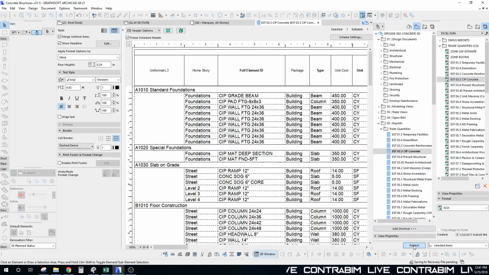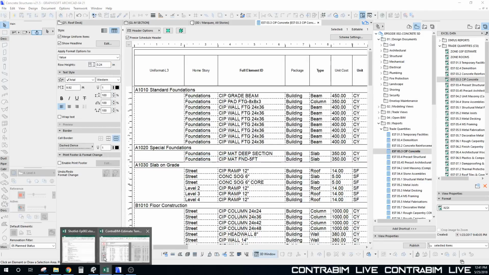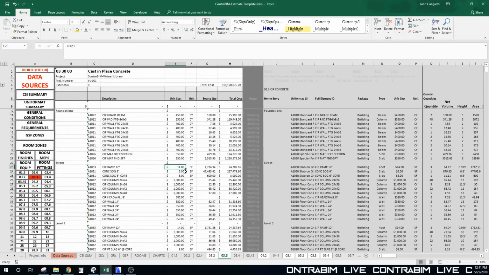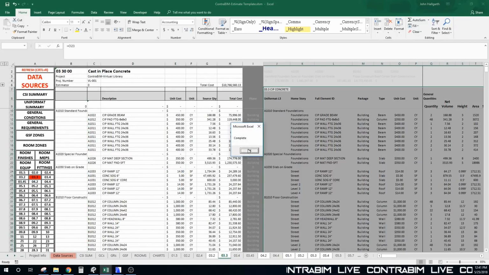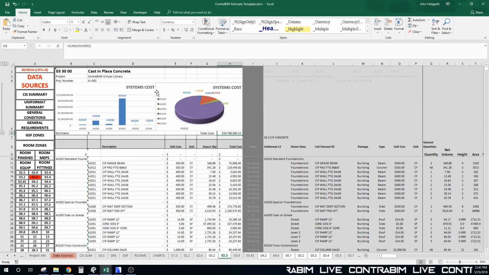So I'm going to give this one more publish here, and we'll go back to our estimate. And so I'm going to refresh this. And so there we go. And what's actually interesting here is I actually have one row hidden. And if I open this up, this actually is just a few different charts that are being produced from